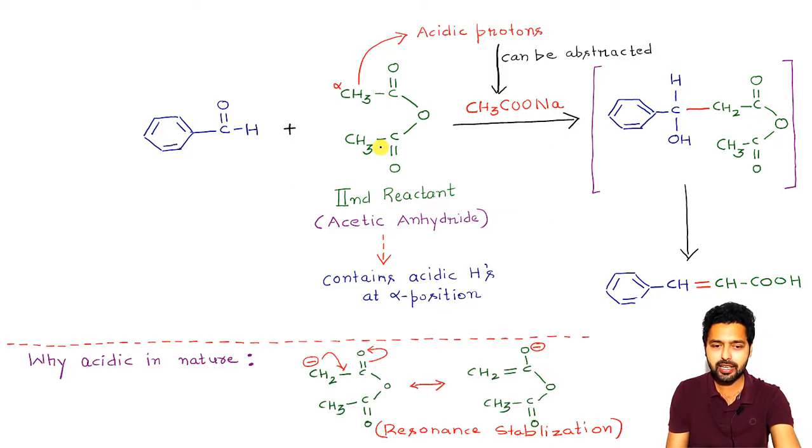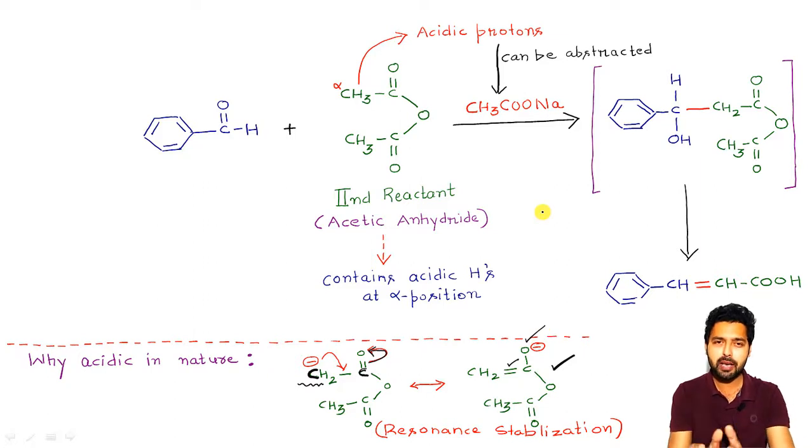One more thing which I want to tell you here is that these alpha protons are acidic in nature. The reason is that upon the addition of a base, when that base abstracts any one of these protons, whatever negative charge appears on the alpha carbon atom of this anhydride is resonance stabilized in this way, right? So you can see the negative charge, or the electrons, shifting between this carbon atom and this carbon atom, and that is also sending the pi electrons onto the oxygen atom in this way, which you can see here. Now it is becoming a carbon double bond carbon with oxygen having a negative charge.